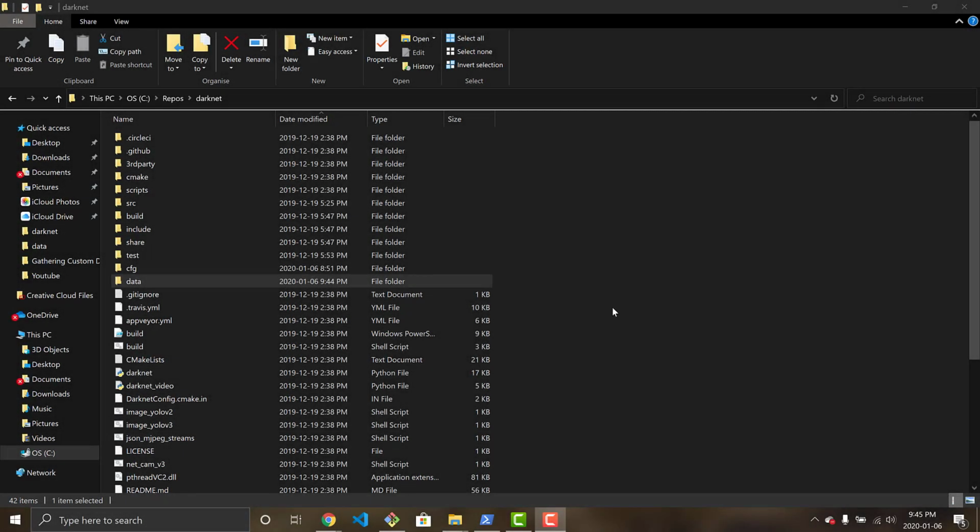Alrighty, first things first, we're going to hop into our Darknet folder. So wherever you cloned and built Darknet, we're going to go over to this folder. If you don't already have Darknet installed, you need that in order to run YOLO and create this custom object